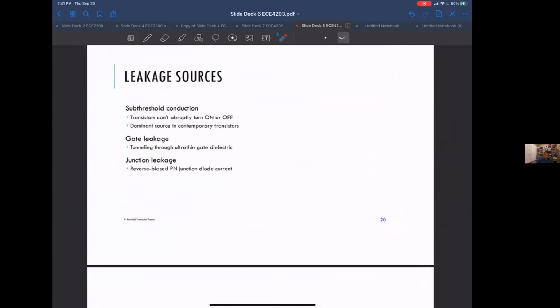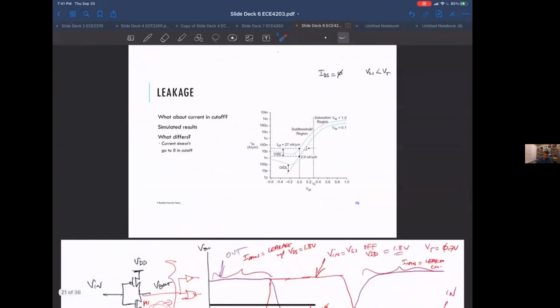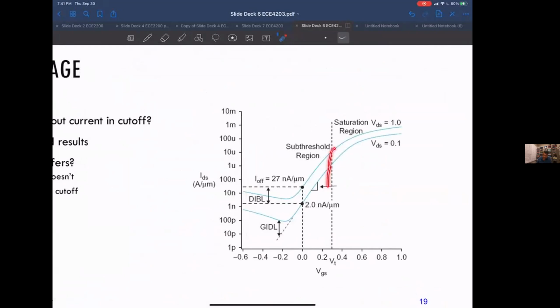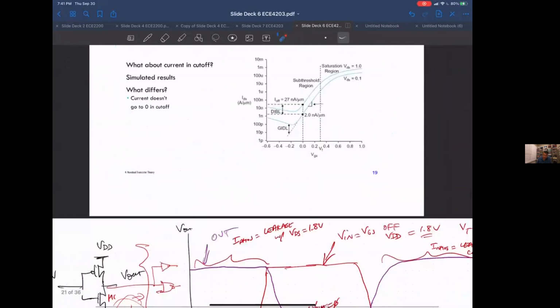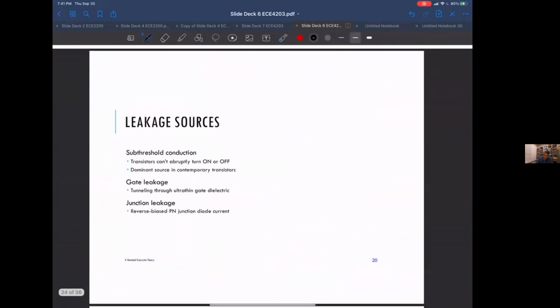So these are the main leakage sources. There is the subthreshold current, which is when the transistor doesn't quite turn off. Again, this curve does not drop off when it gets to the threshold, but there's still current. And there's current even when VGS is 0. So this is the dominant leakage effect, the subthreshold conduction. But in addition to that, there's actual